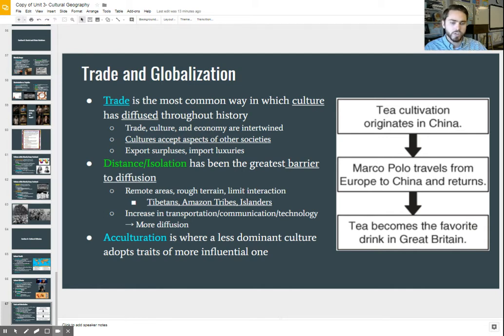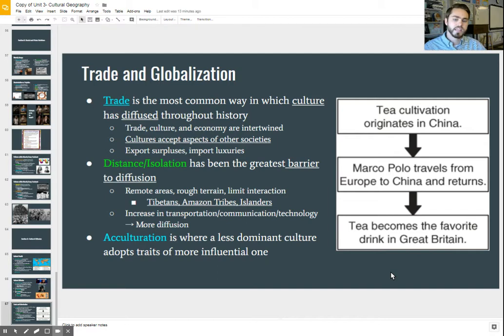And one way in which it internally changed was through the evolution of adding sugar and icing it down in the South, which is what produced that cultural trait of sweet tea today. So from its hearth in China, tea has undergone many changes and has diffused to the drink that we now see today as sweet tea. There are many examples of this in the world. You can trace back many of its origins to other places around the world.